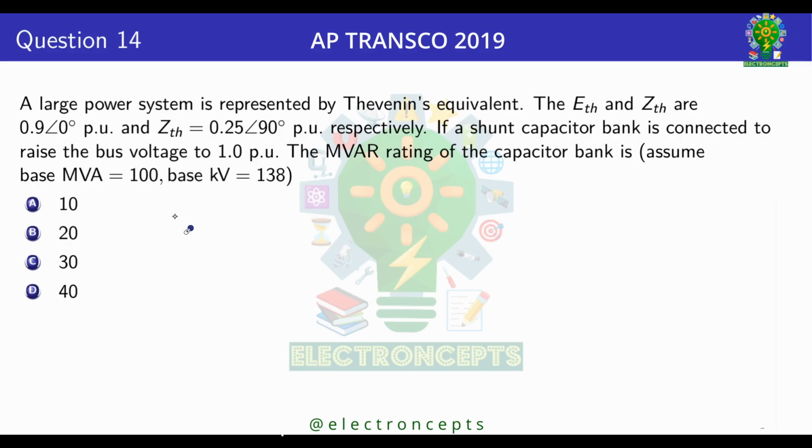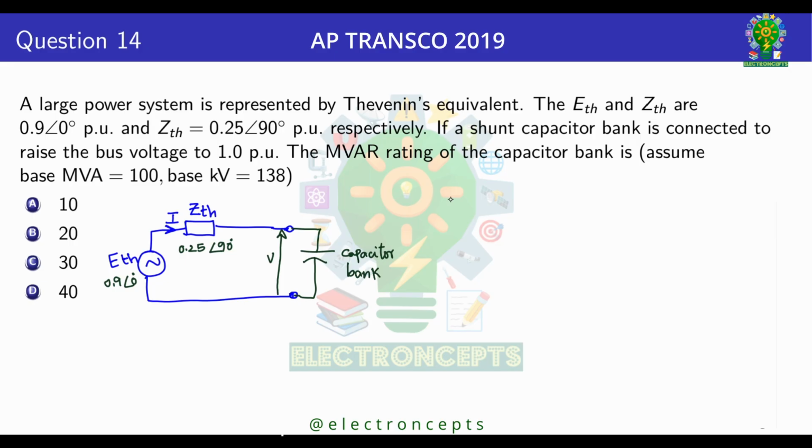For this, let us draw a simple Thevenin's equivalent representing ETH, ZTH. From this, we need to calculate the reactive power to be supplied by the capacitor bank such that bus voltage is raised to 1 per unit. We know that reactive power QC is equal to VI sin phi, and for a purely capacitive load, sin phi is equal to 1, and from this reactive power to be supplied by capacitor QC is equal to the required bus voltage, which is 1 per unit, and the current flowing through the circuit I is (ETH minus V) by ZTH,